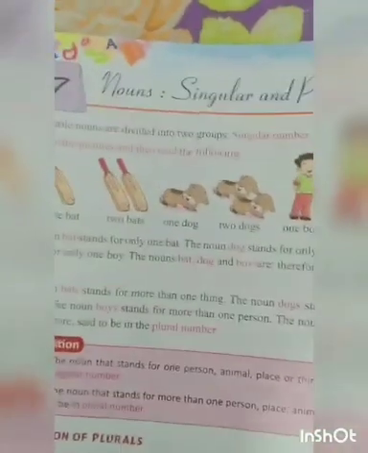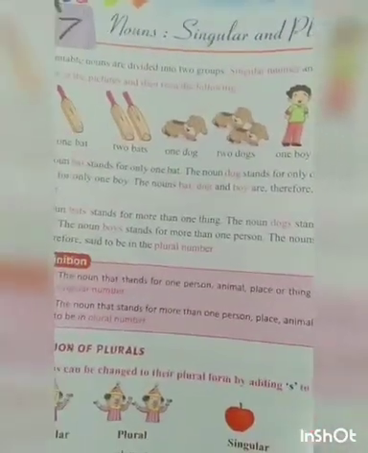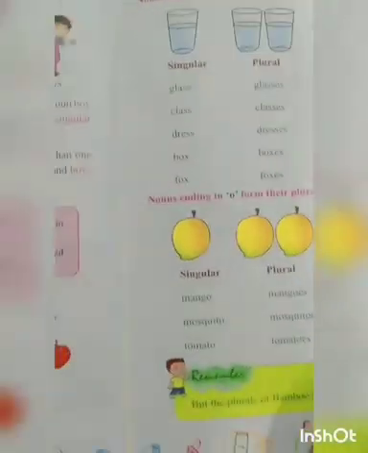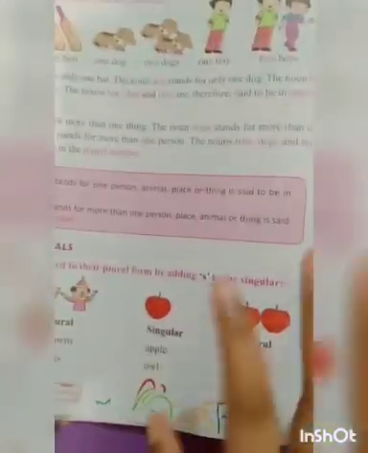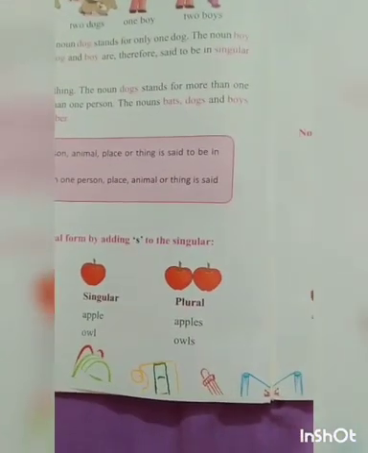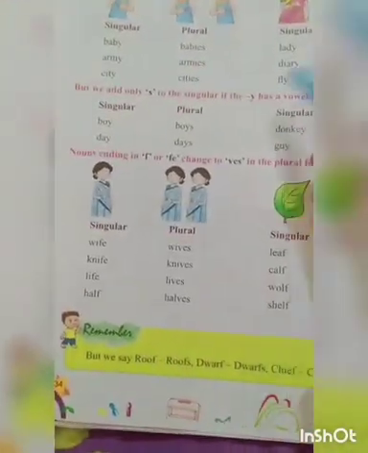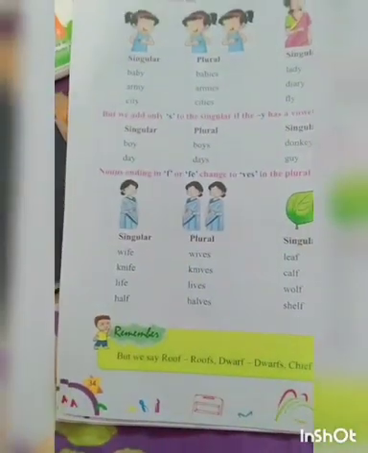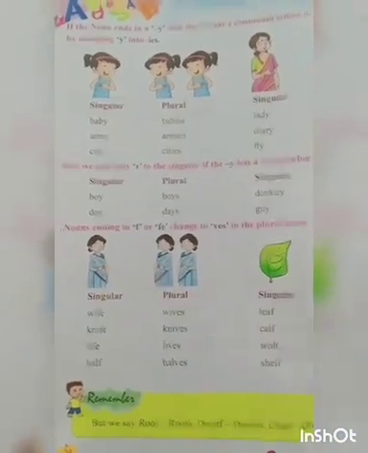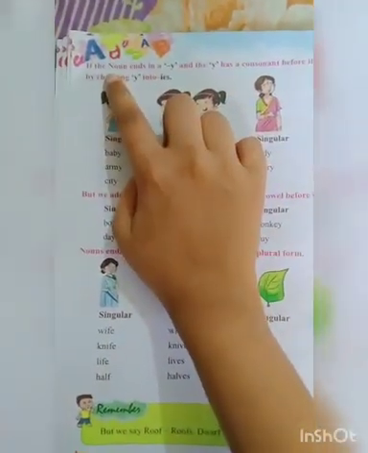Take it out fast. Children, what were we doing in previous classes, tell me? Yes, we were doing examples of singular and plural nouns. If you remember, we have done page numbers 32 and 33, right? So now we will do page numbers 34 and 35. All of you keep pencils in your hand, or you can keep your fingers where I am reading. Okay, so again I'll read the examples and you will repeat after me. Okay, so now start. Ready children?